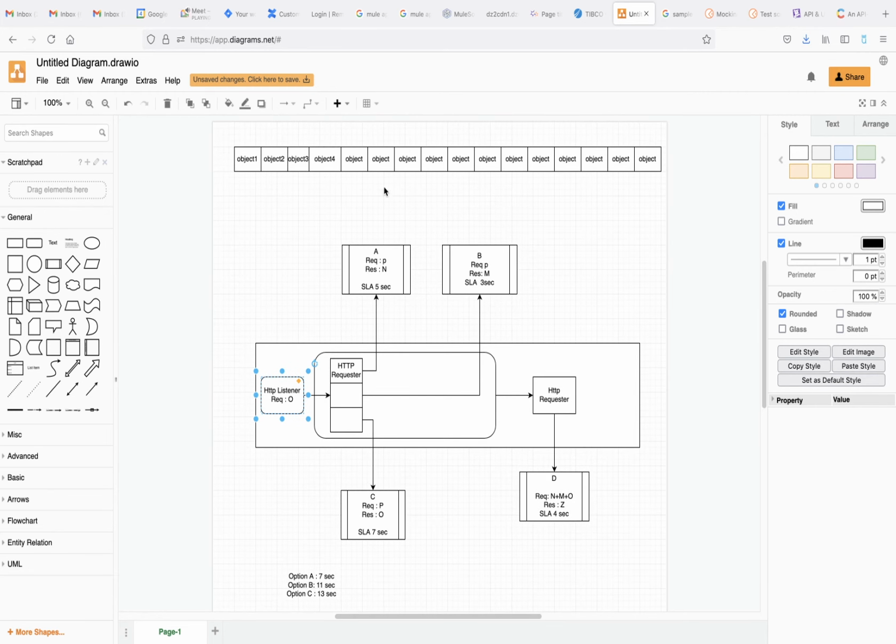In that case parallel for each we can use, but that will not be efficient, since parallel for each doesn't have the capability to handle error scenarios. So in that case we have batch processing, and we should use batch processing. Based on the scenario and requirement, you need to select which component is most suitable. For that you should have a good understanding of all the MuleSoft components.